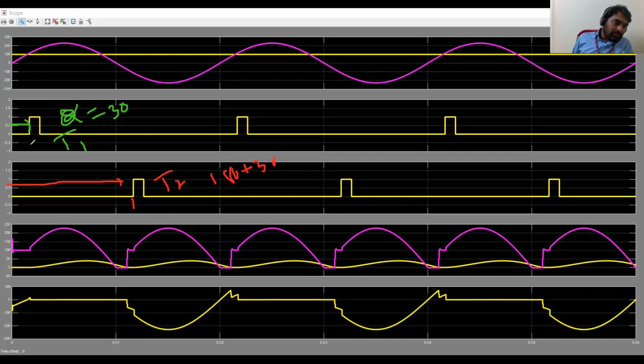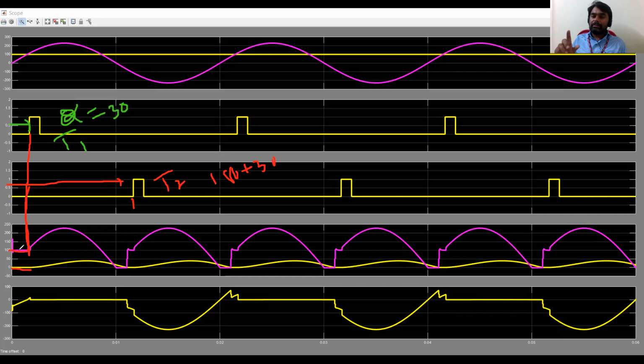So you can see during the short interval, during the alpha period, now you may observe one thing here. There is only the battery voltage, which is 100 volts here. I have connected 100 volts here. Now you won't find any current, because T1 is in off condition, T2 is also in off condition because it is in reverse bias condition. There is no power flowing from source to load, since there is no conduction of the thyristors between the load and source.